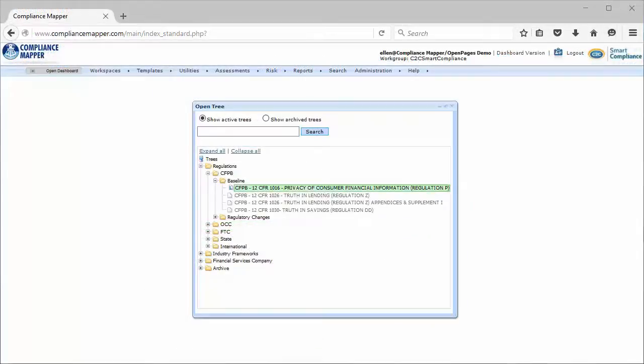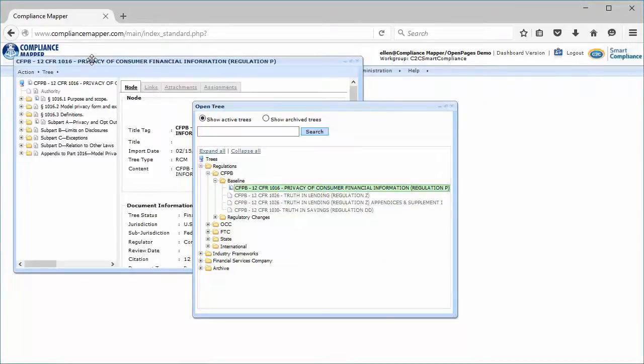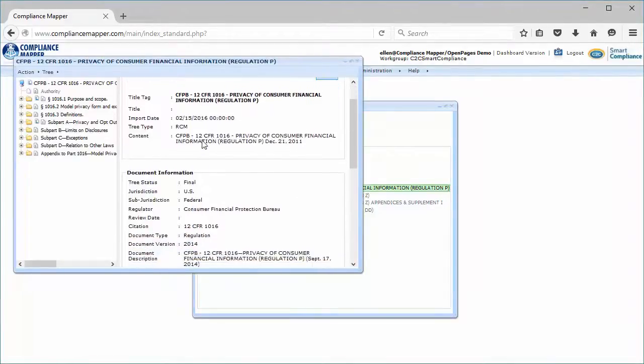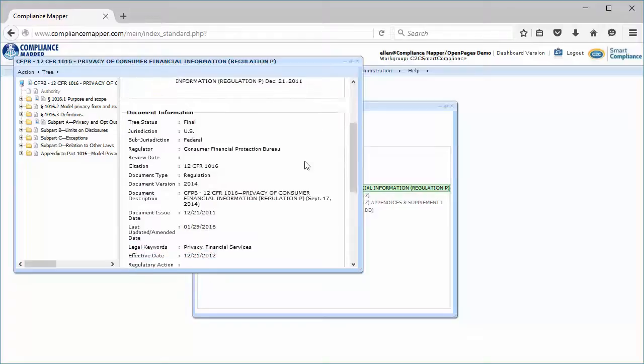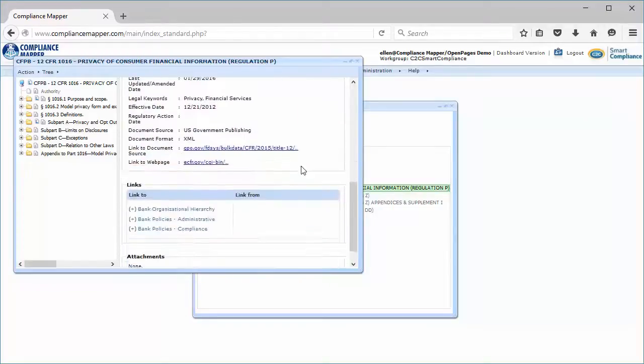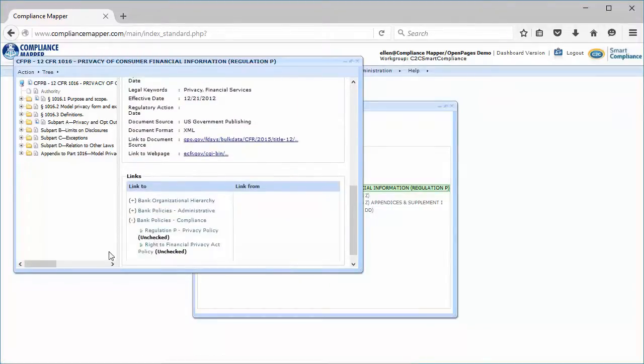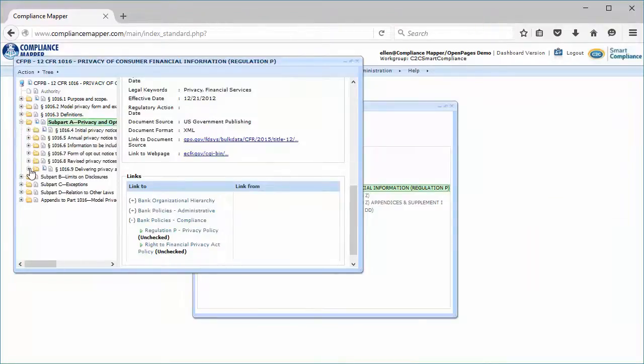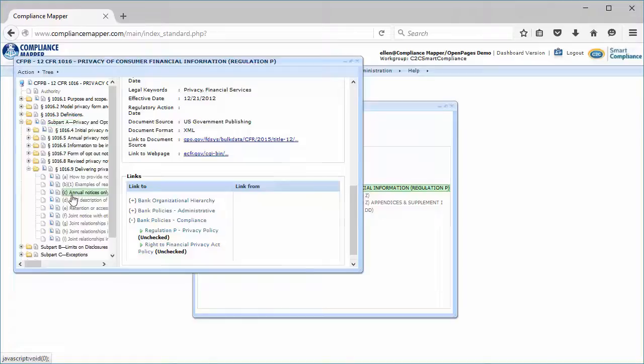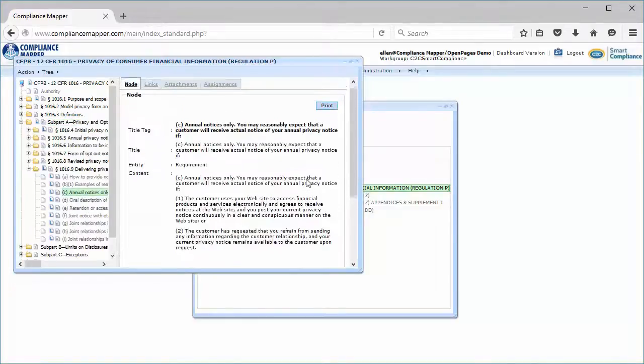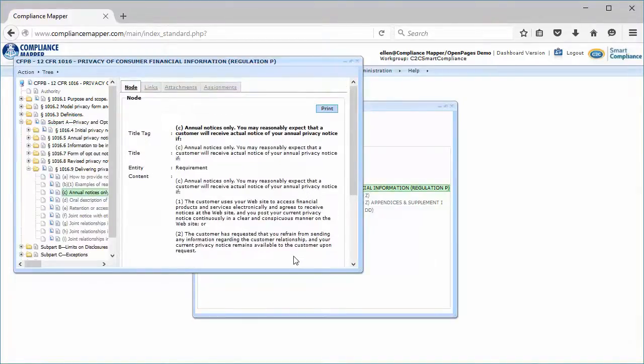Within the regulation, the metadata for Regulation P is shown in the pane to the right. Links showing relationships are shown in the links box. We will pay particular attention to Section 1016.9 (c), where the CFPB modified when an organization can reasonably expect that its customer receive actual notice of the